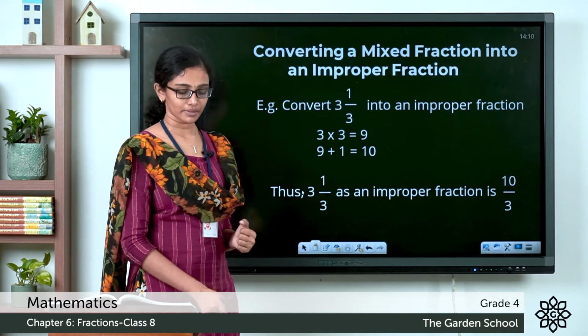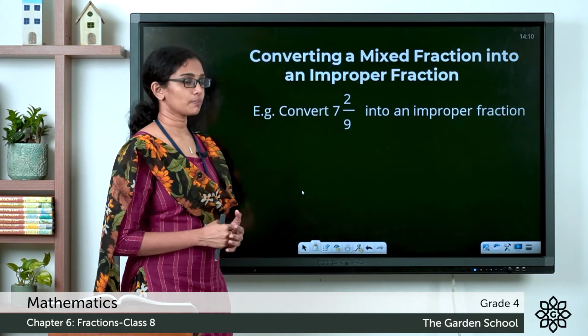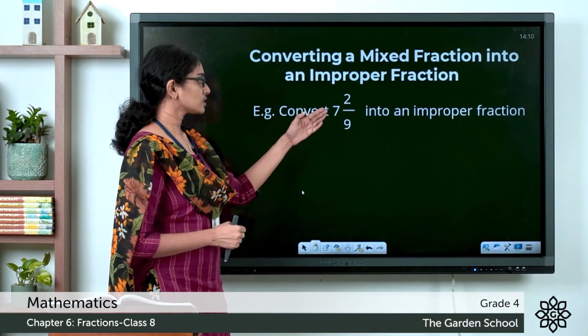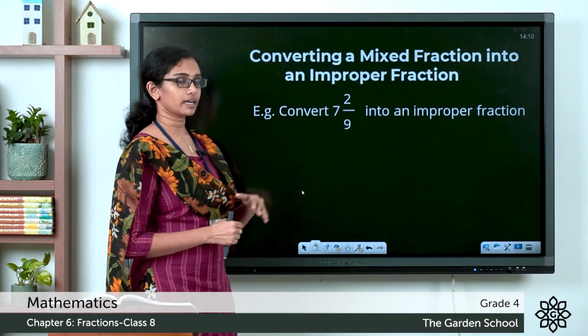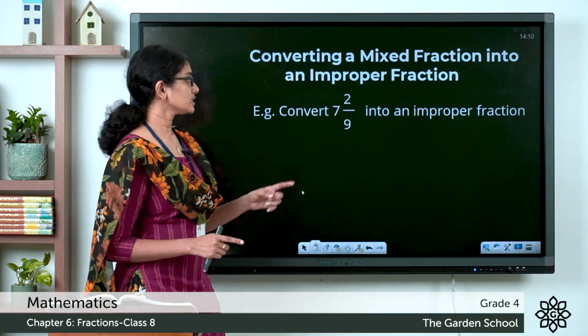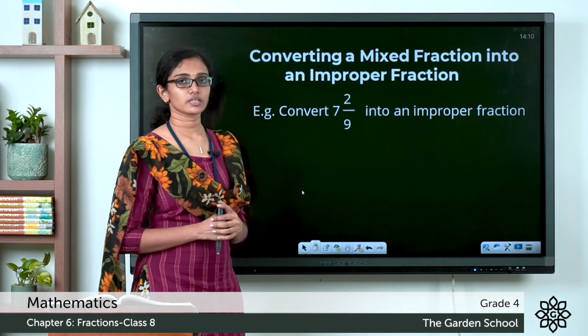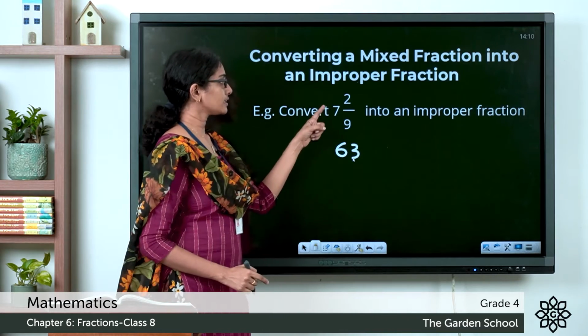Let's see one more example. Convert 7, 2 by 9 into an improper fraction. So, the whole number is 7 and the fractional part is 2 by 9. First step is to multiply the whole number and the denominator. So, that is 7 into 9, which is equal to 63,